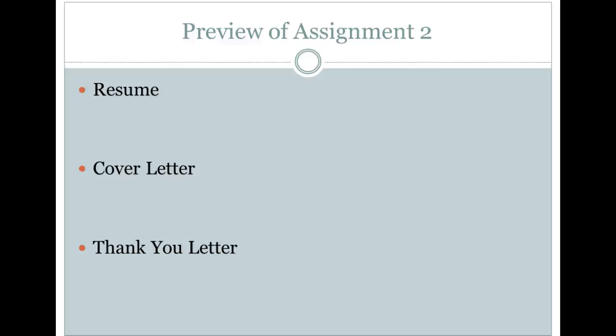I'm going to group you in teams based on similar interests, and then you will be providing feedback to those folks in your group, taking their feedback, improving your professional documents, and then resubmitting them later in the course. It looks like week 15 is when those are going to be due.